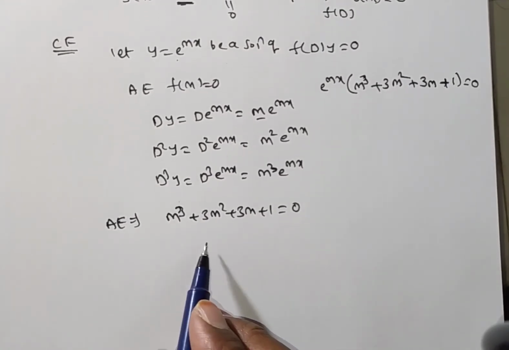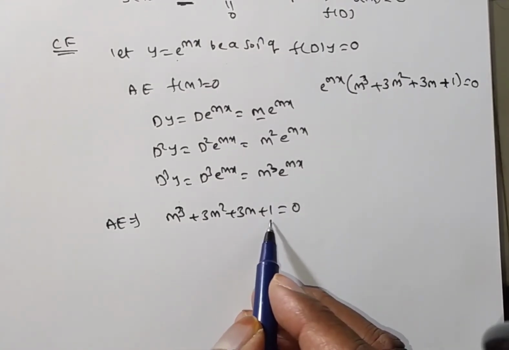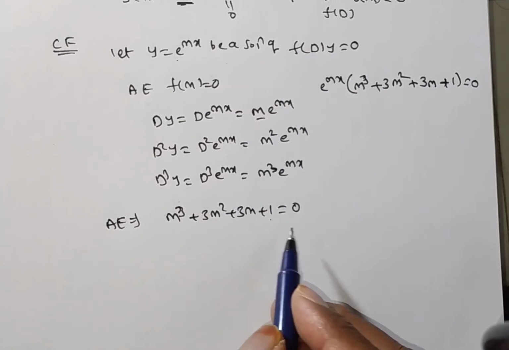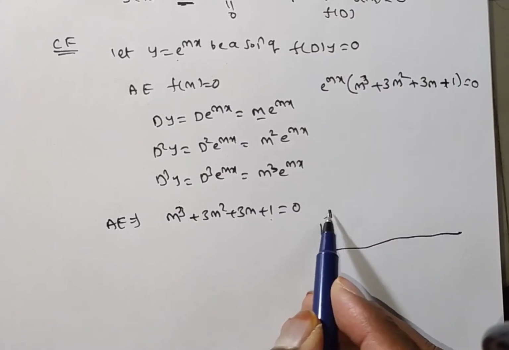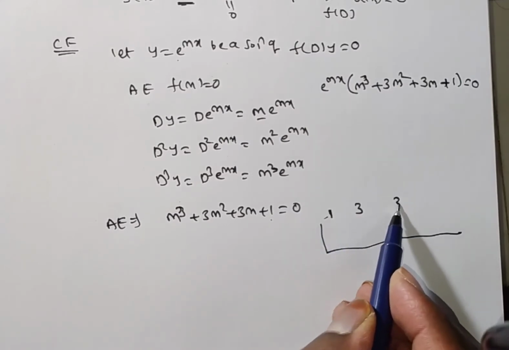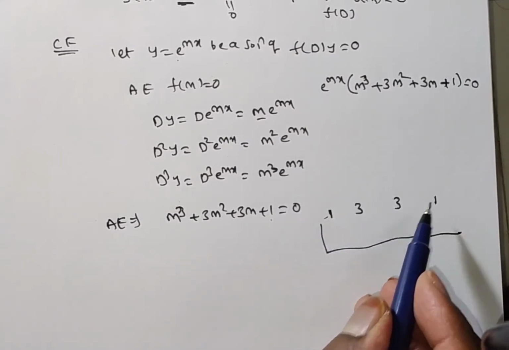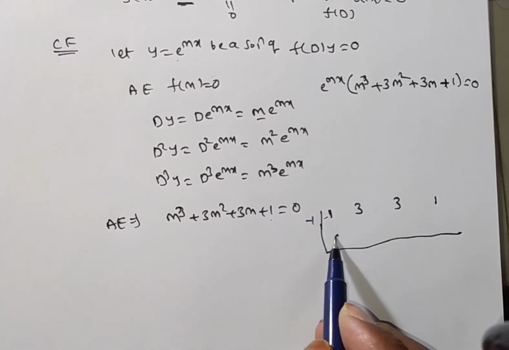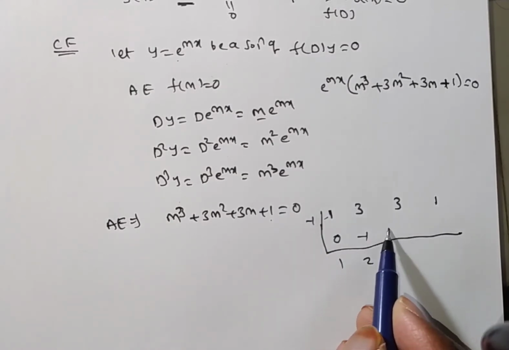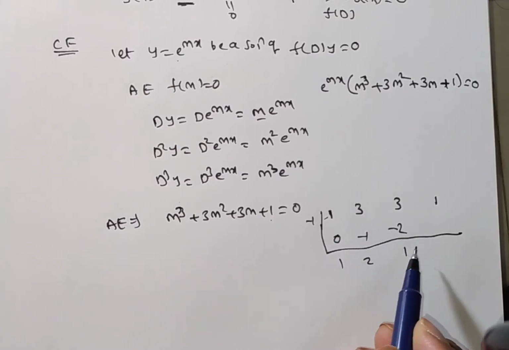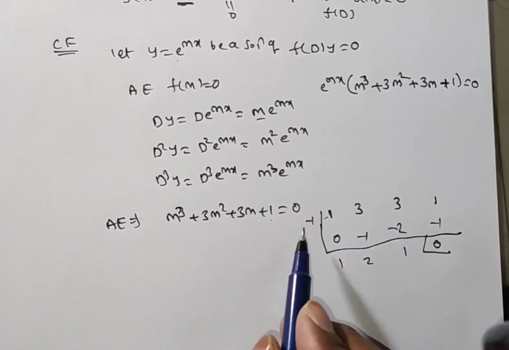Positive only. So you will get, obviously the roots are negative. What about the roots? You can say 1 only, plus or minus 1 only, right? First we write down the m cube coefficient, next the m square coefficient, next the m coefficient, and the m power 0 coefficient is 1. So first I am taking minus 1, then minus 1 into 1 is minus 1, this is 2, next minus 2, then you will have 1, this is minus 1. Yes, we got minus 1 is a root.